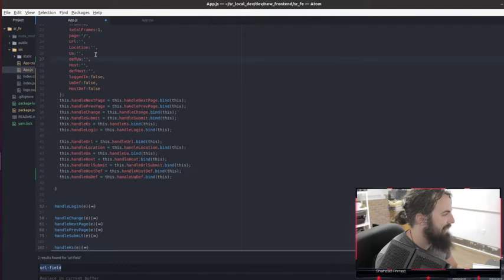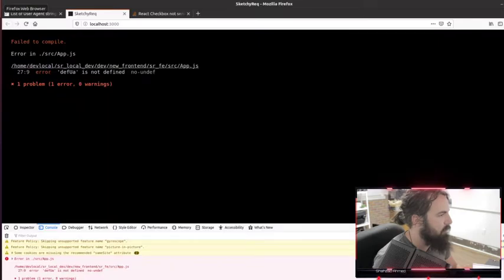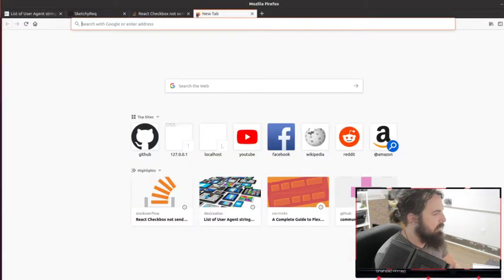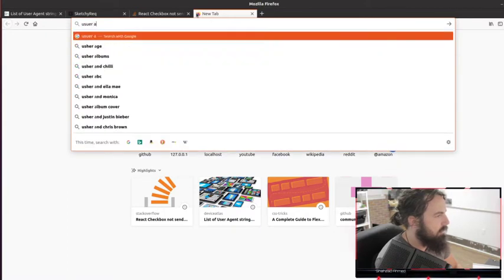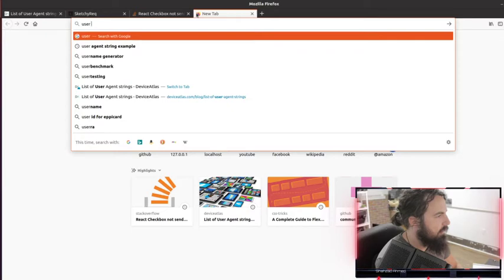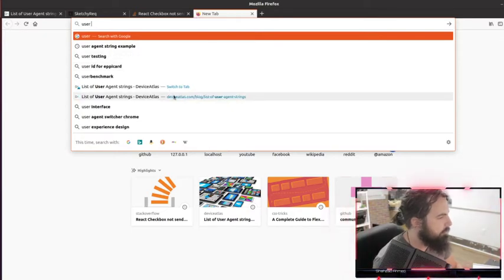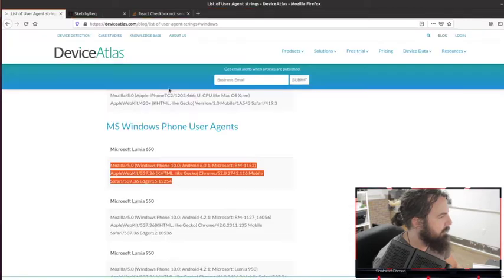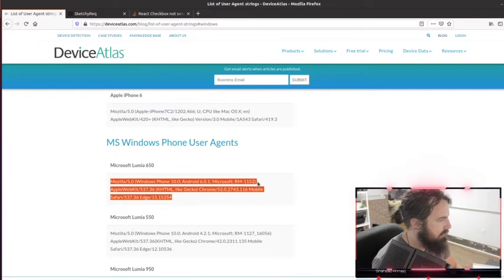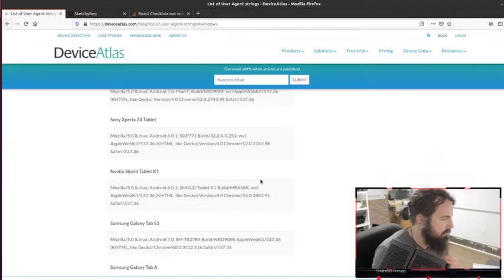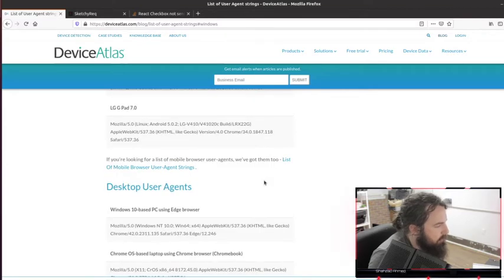Yeah, basically. So we're gonna make that user agent the one that we found up here, or just one of the ones that we found out here. Damn, I closed it. So we're looking for user... How can I not spell today? Oh, I do have it open. Fabulous. So tablets, phones. I don't want phones.